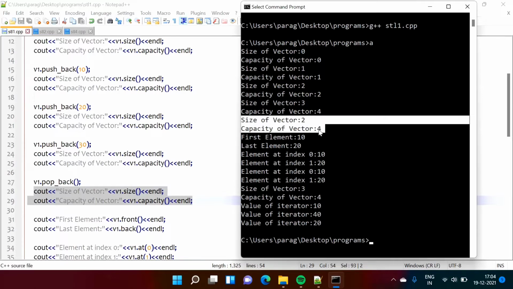So keep in mind, capacity always gets increased, but it will not get decreased. Capacity always gets increased whenever it is needed, but when we remove elements from the vector, capacity will not get decreased, it will be as it is. So here previously it was 4, so it will remain 4 only. If you remove again, it will be 4 only, it will not get reduced.